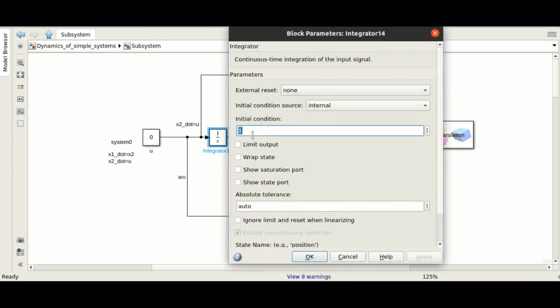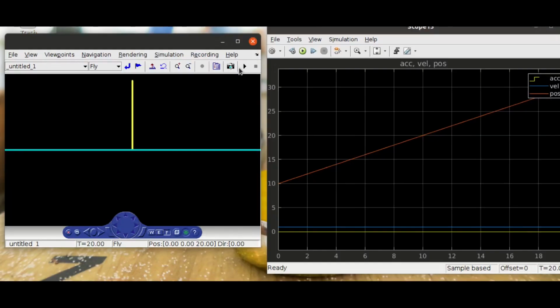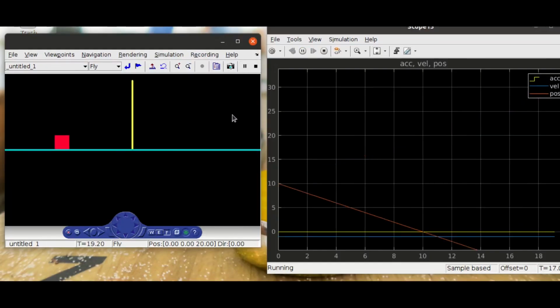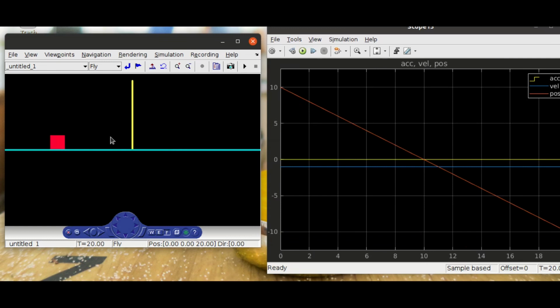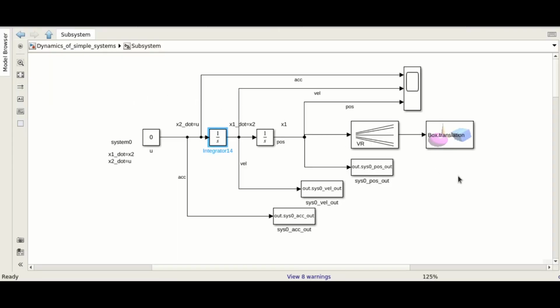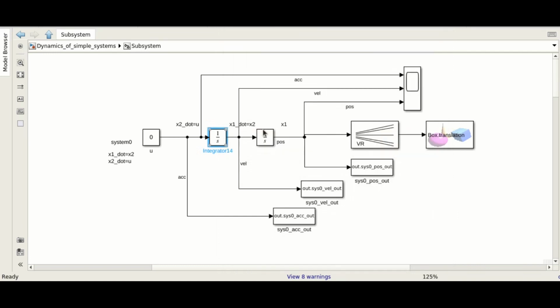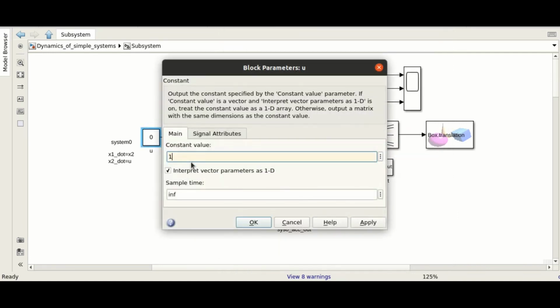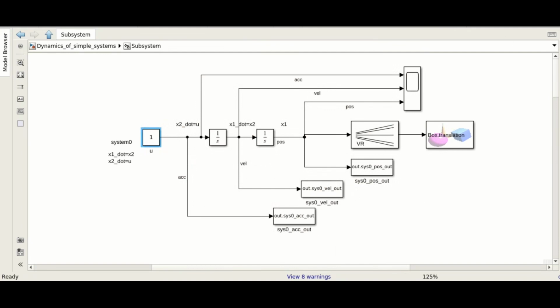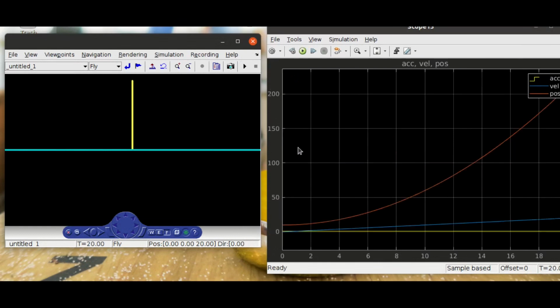Similarly, if we would have considered the initial velocity as say -1, then the object would have moved in the other direction. Say it will start from its initial position and move towards the negative of the origin. In the simulation the object has stopped because the simulation time has been set to a finite value, say 20 seconds. In the third case, we will keep a non-zero value of force or acceleration irrespective of the value of initial velocity or initial position.